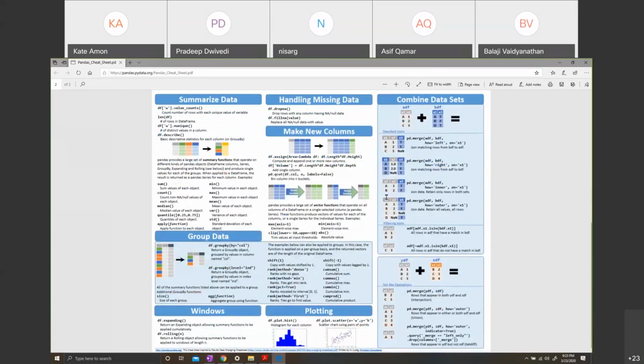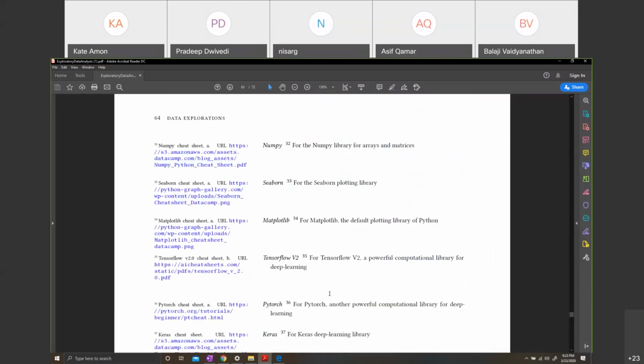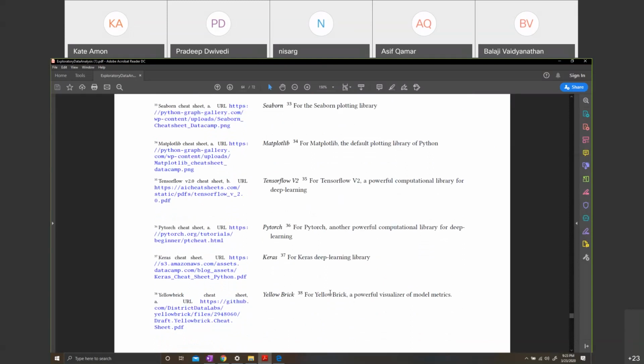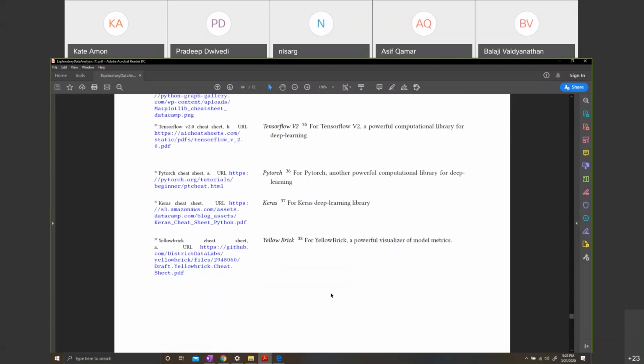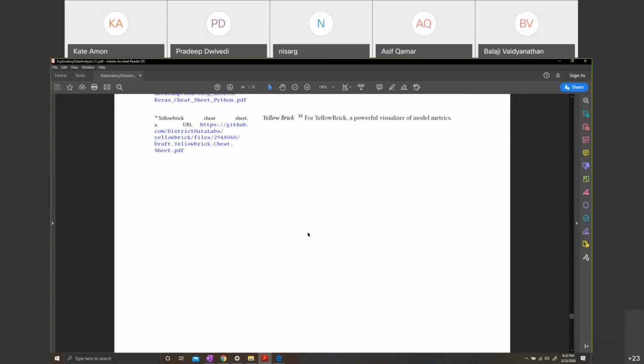So it really helps having these cheat sheets with you, because it summarizes a lot of learning. You learn and then you refer to the cheat sheets. So I've tabulated all the major cheat sheets that you will need, and also implicitly the libraries that you will need, that I consider essential to this journey.